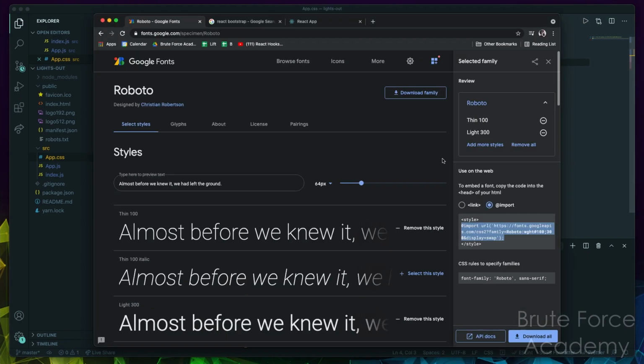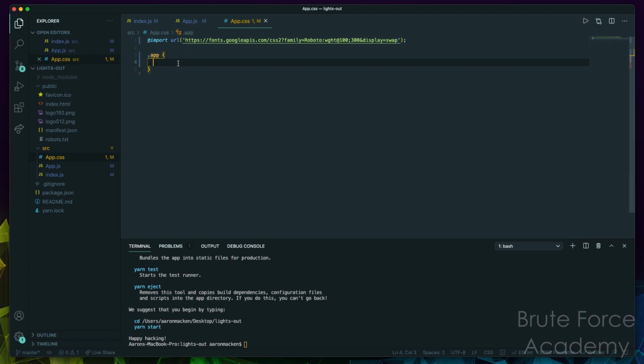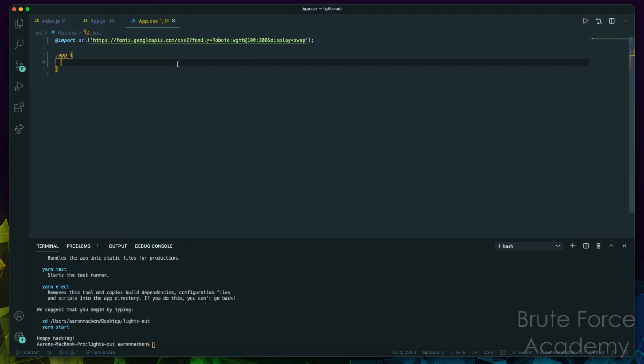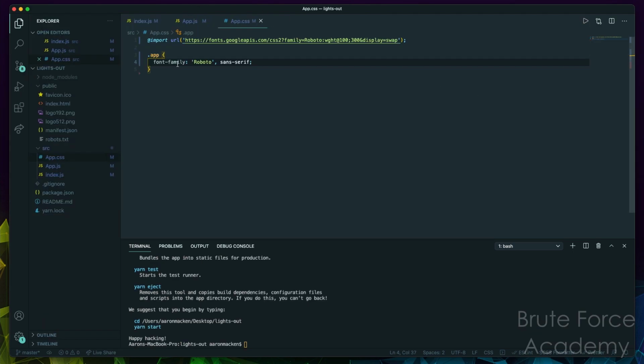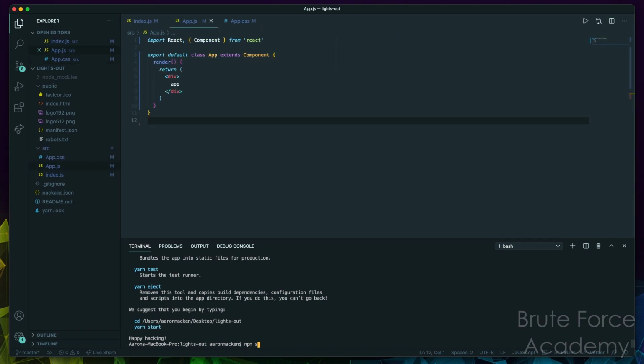Okay, and then we will give this app a CSS rule and say, hey, your font family is going to be this Roboto style that we just imported. Okay, so we'll just paste that in there. Okay, and now if we start our app,